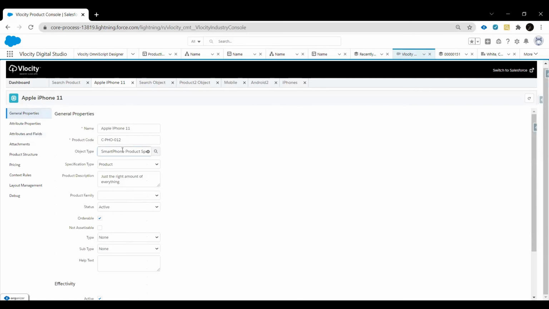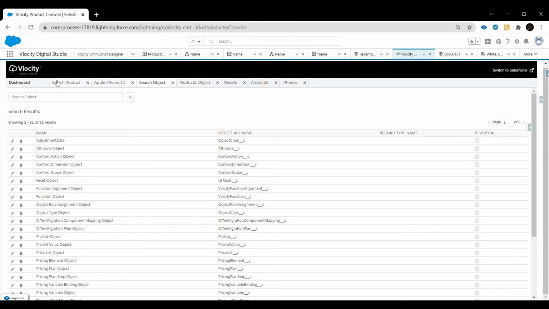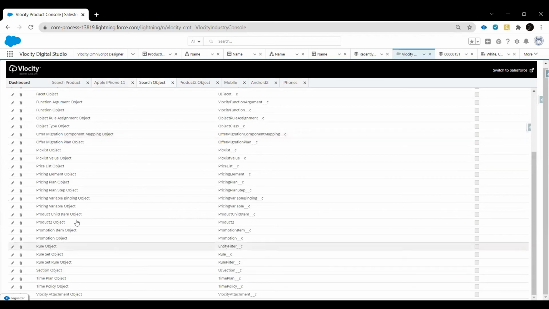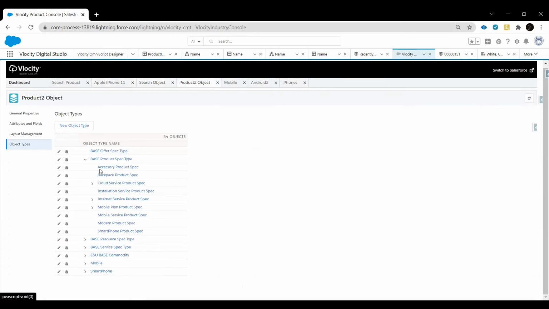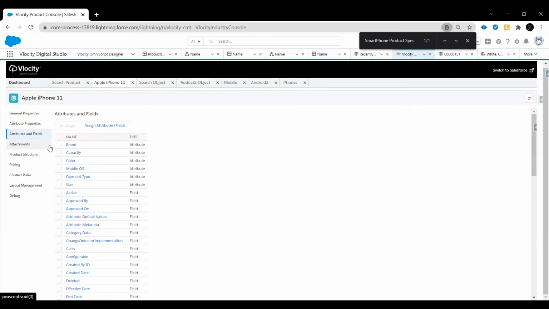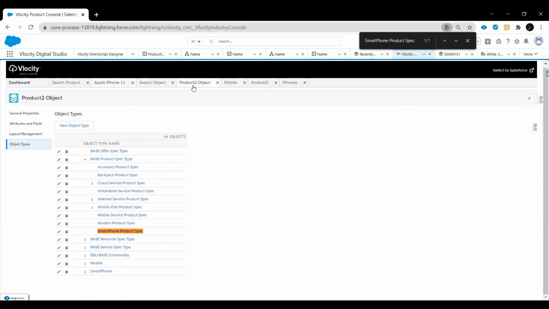Let's go to the general properties, and see this is the object type. I hope you remember those parts. You need to go to the object, and go to product 2. Under product 2, you go to objects, and there you will see the object type that we have used in iPhone 11, and you can see the parent is this. So all those attributes will be directly used here. Once we use it in iPhone, we can further add other attributes here. We can also directly change those attributes if we want to override them. Getting it? All right, let's talk about layout management.